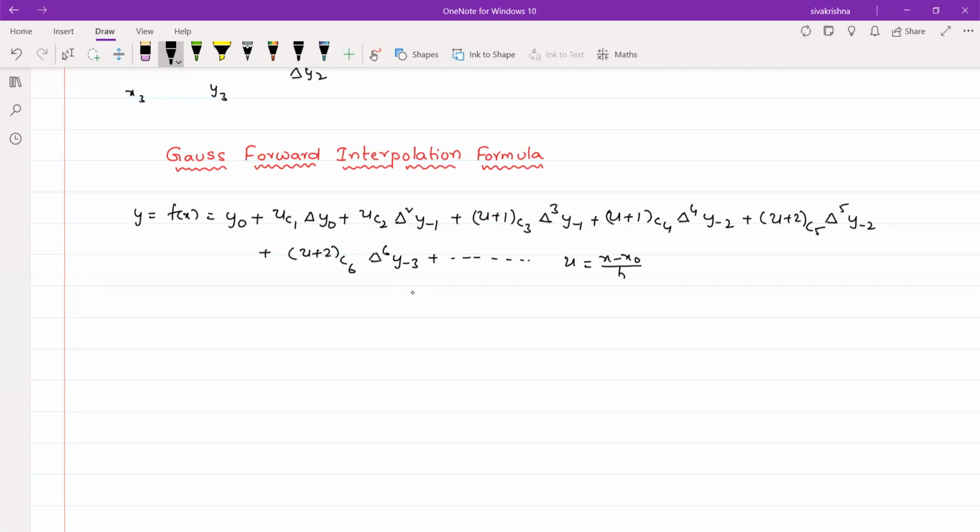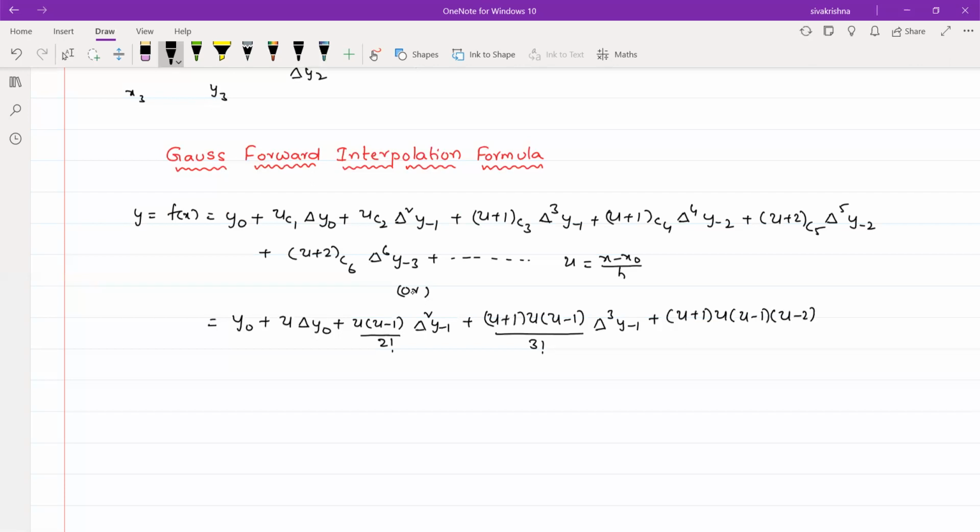This formula can also be written in the form: y naught plus uC1, which is nothing but u into delta y naught, plus uC2, which can be written as u into (u minus 1) by 2 factorial into delta square y sub x minus 1, plus (u plus 1)C3, which can be written as (u plus 1) into u into (u minus 1) by 3 factorial into delta cube y sub x minus 1, plus (u plus 1)C4, which means (u plus 1) into u into (u minus 1) into (u minus 2) by 4 factorial into delta power 4 y sub